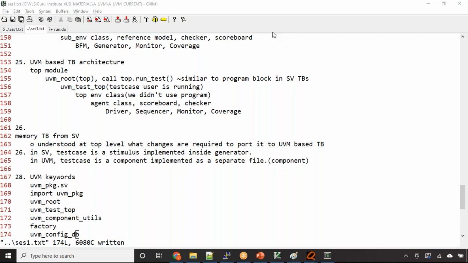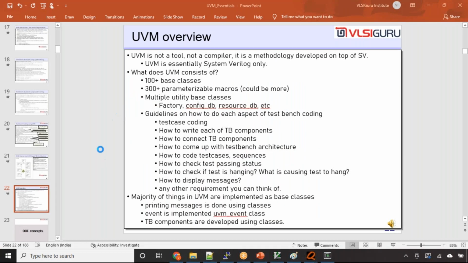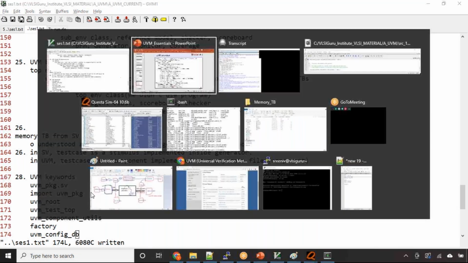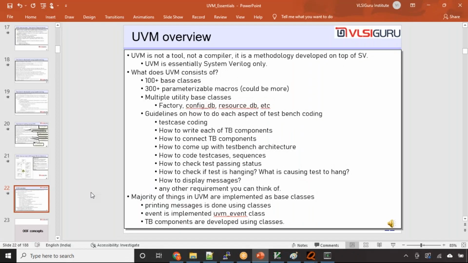Hello everyone, we will start the session now. Now we will start from the basics. We will try to correlate whatever we are going to go through with the UVM test bench environment, the memory test bench environment we have understood. So the first thing, when we start off with UVM